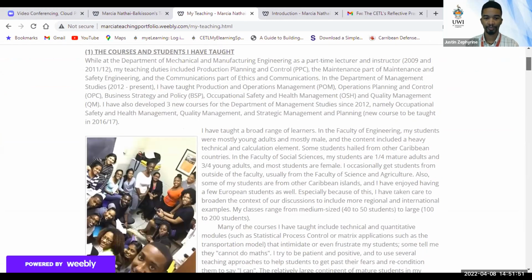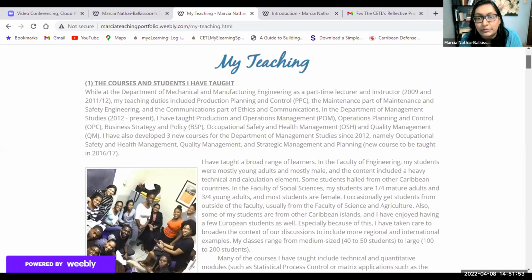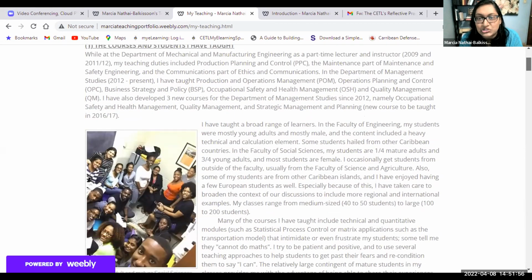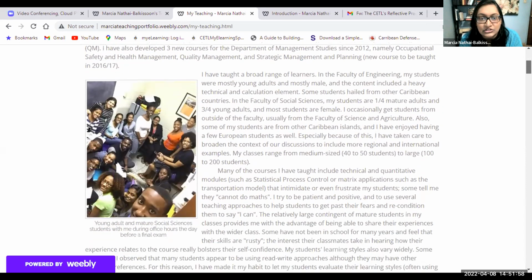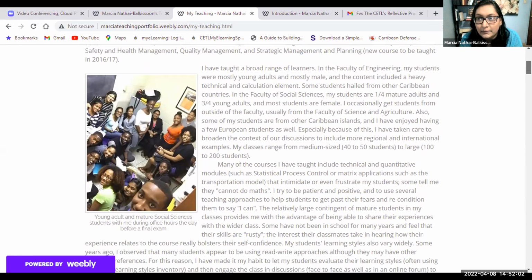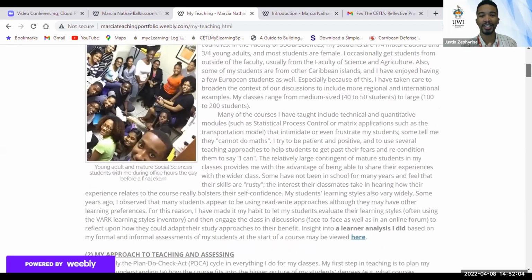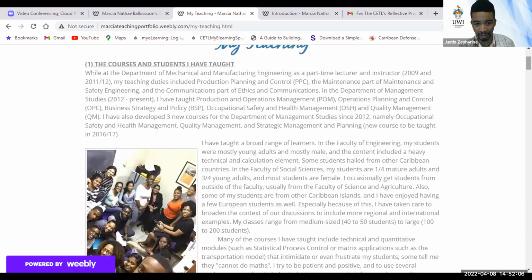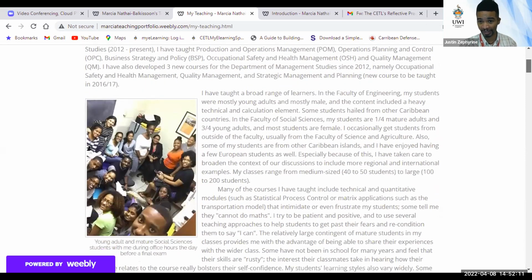Right. So I talk about the courses and the students, their profiles, what information they're coming with, what courses I teach. Here's a picture of students storming me just before an exam. I just scroll up a bit. I noticed what you have there in that second paragraph. I have taught a broad range of learners, right?